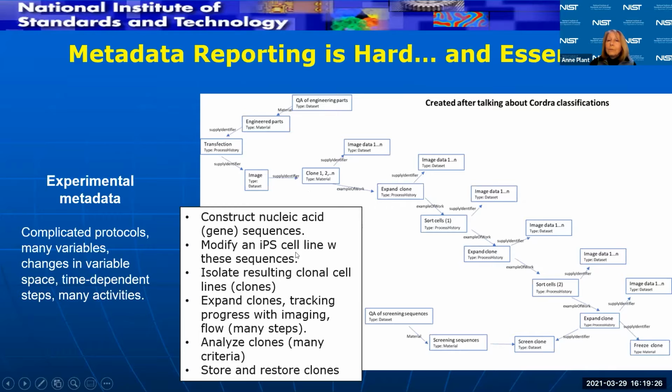And each one of those gene editing events, transcriptions, is going to result in producing clonal cell lines, new cell lines that are modified. There may be several or many of them. Each one of those cell lines, each one of those clones is going to be expanded and tracked and measured in different ways, and things are going to happen to it. There are going to be lots of activities, and they're going to be analyzed. They're eventually going to be stored, and then thawed and used again. So a whole lot of things to keep track of in a very dynamic living system.